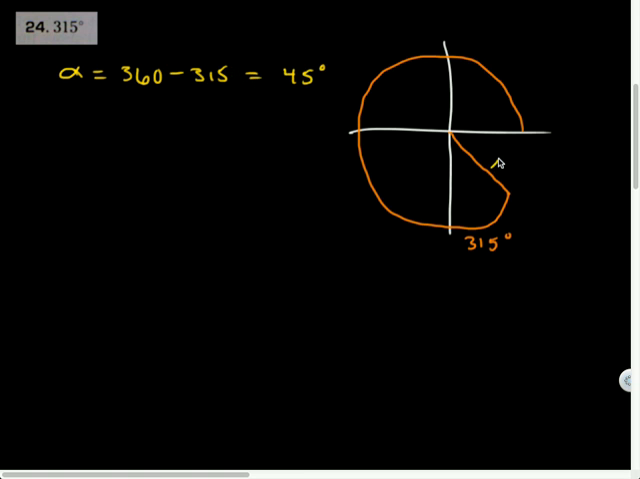Right, 45 degrees, which makes sense. We got that reason. So 45 degrees. Now, if I wanted to draw the triangle formed by this point,